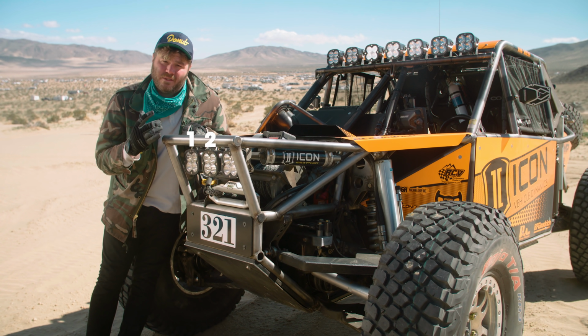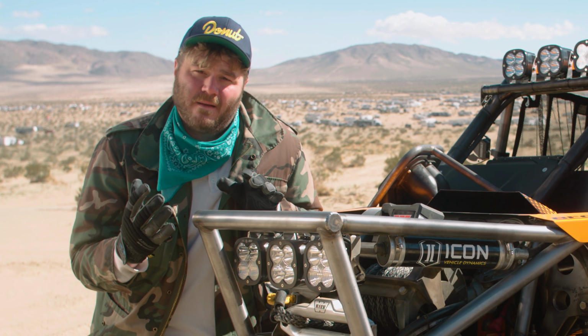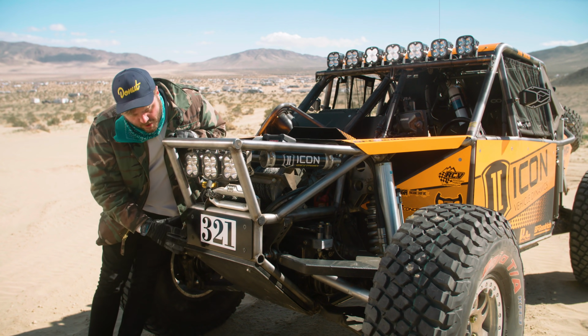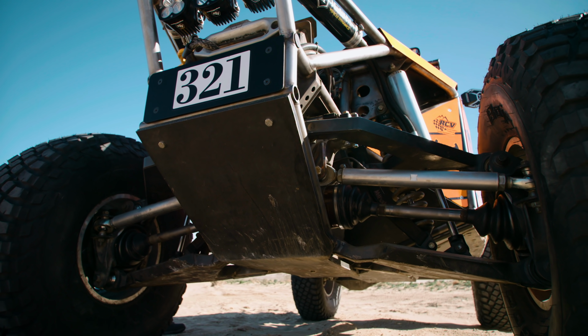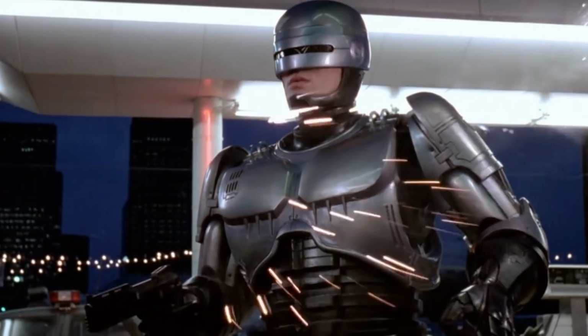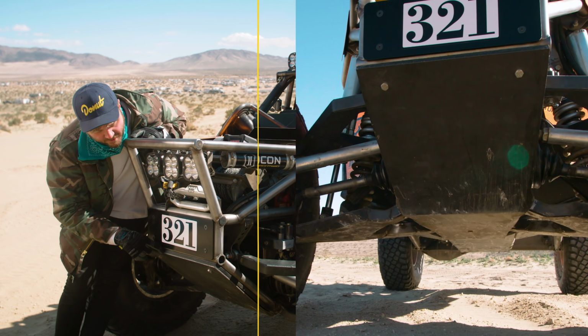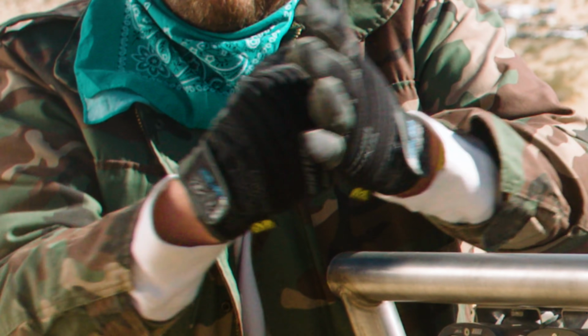I got 1, 2, 3, 4, 5, 6, 7, 8, 9, 10 lights on my truck. Below the lights are the first skid plate on the car. They call it the egg roller because this thing does work. The steel on it is the same stuff they use for gun targets. So when you're shooting a gun, it's like ting, ting, ting, ting. That's this metal. And then right under it, it's basically a shock absorber. It absorbs a lot of the...